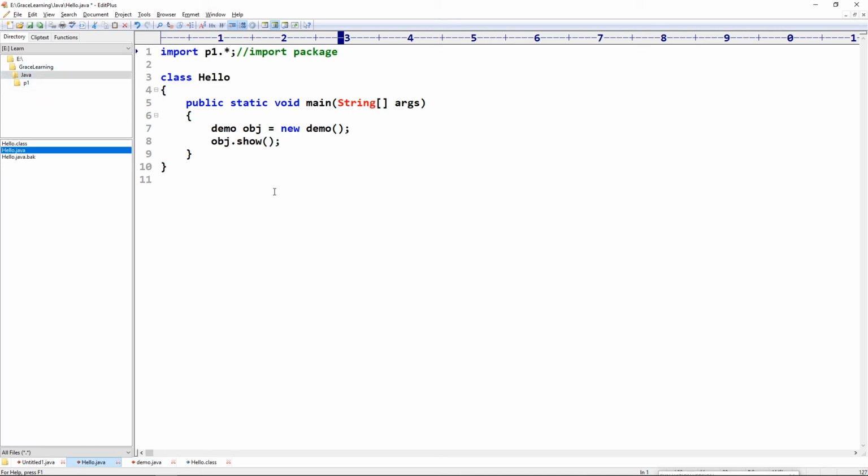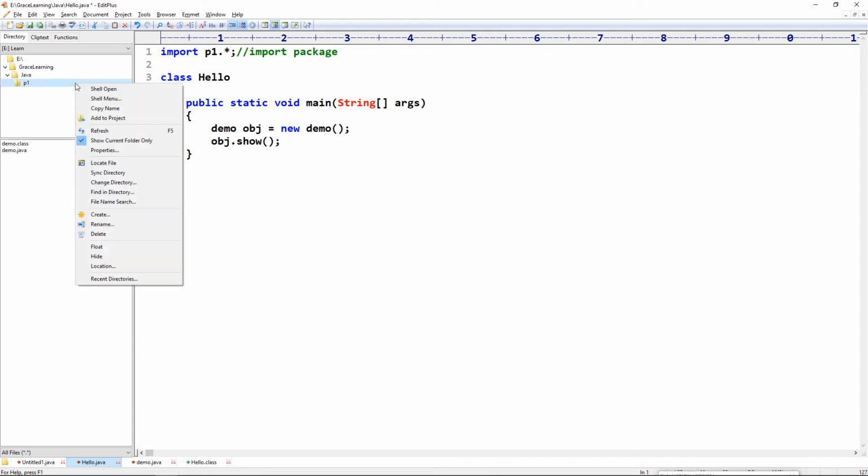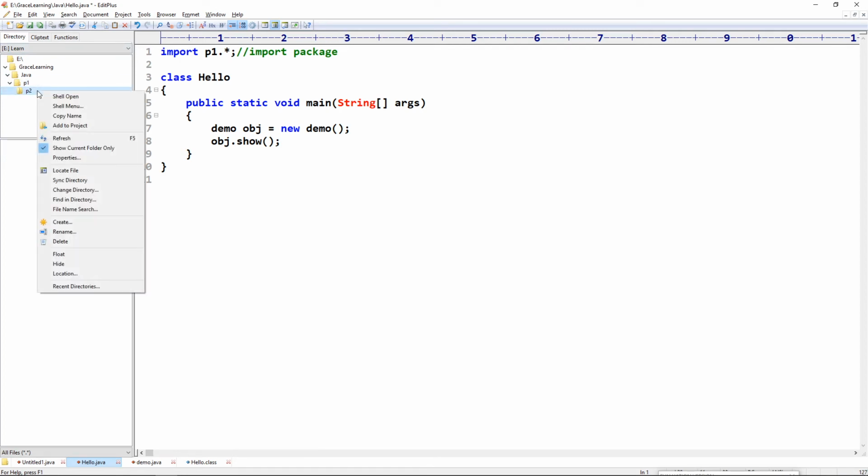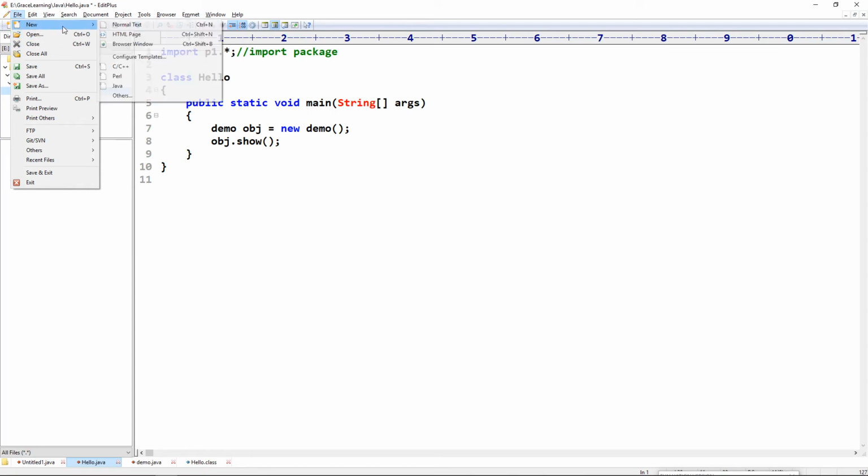Now I will tell you how we can create nested packages. So again inside the p1 create a new directory, it means new folder, that is p2. Inside the p2 we will create a new Java file to create package.